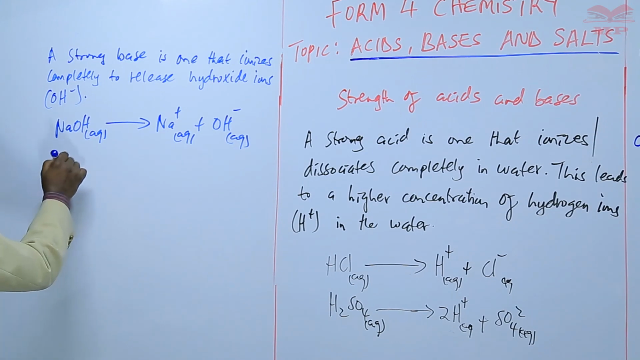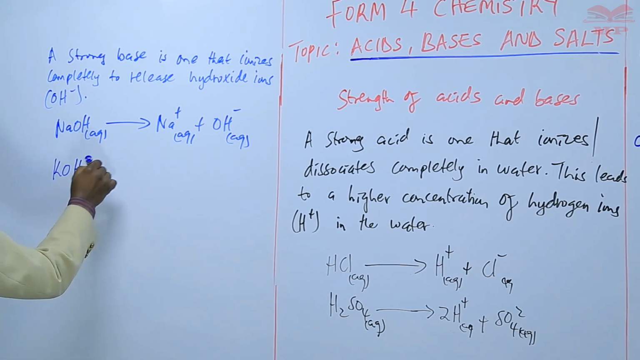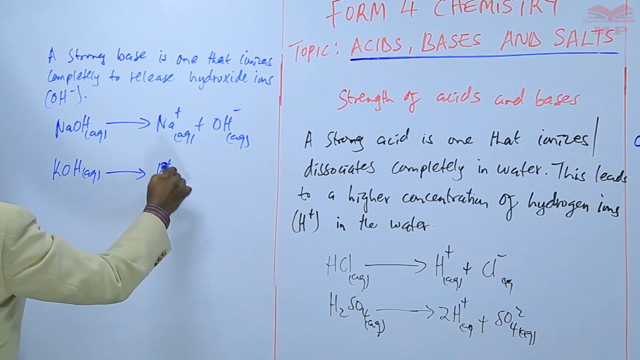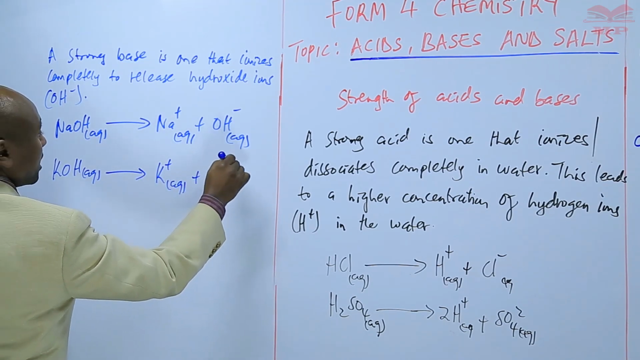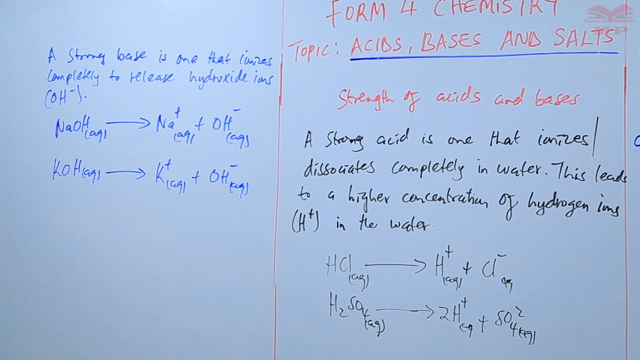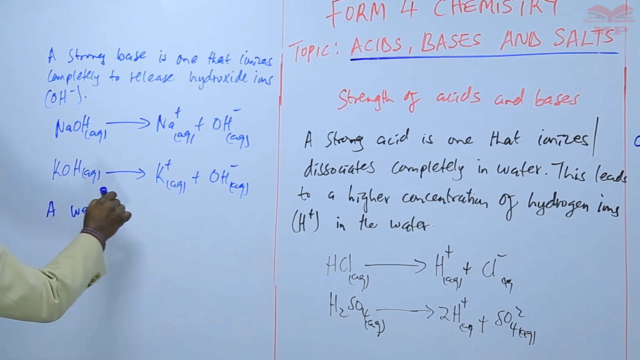Potassium hydroxide, we get potassium ions and hydroxide ions. So this is complete ionization. On the other hand, we have some bases that do not ionize completely. So we can say that that is a weak base,